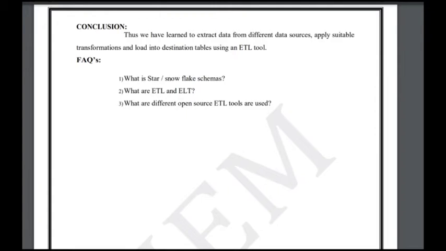So here are some differences between the star and snowflake schema. In star schema, dimensions are stored in the dimension table, while in snowflake the dimensions are divided into separate tables. Star schema contains a fact table surrounded by dimension tables, and only one join creates the relationship between the fact table and the dimension table. In snowflake we have many joins. Star has a simpler database design, while snowflake has very complex data. In star schema, data structure and queries are faster, while the normalized data structure has a high level of data normalization and a very low level of data redundancy. So this one is an example of a star schema.